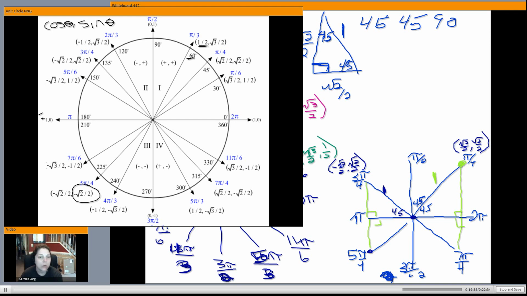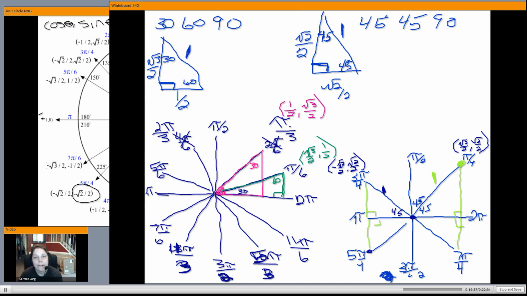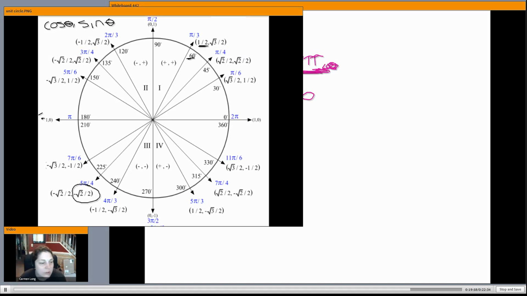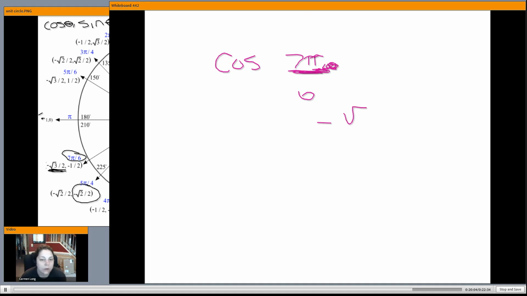That's kind of cool. So let's say I wanted to do cosine of 7 pi over 6. All right, so I'm going to go to 7 pi over 6. I know that cosine is the first part of the ordered pair, so that's negative square root of 3 over